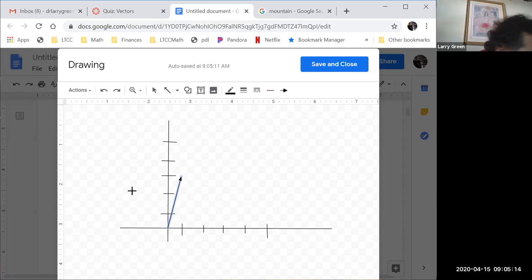And then I want to draw the vector 2, 1. So I'm going to start at the origin, go over 2, and go up 1, make a vector out of it. Okay, so now what I need to do,